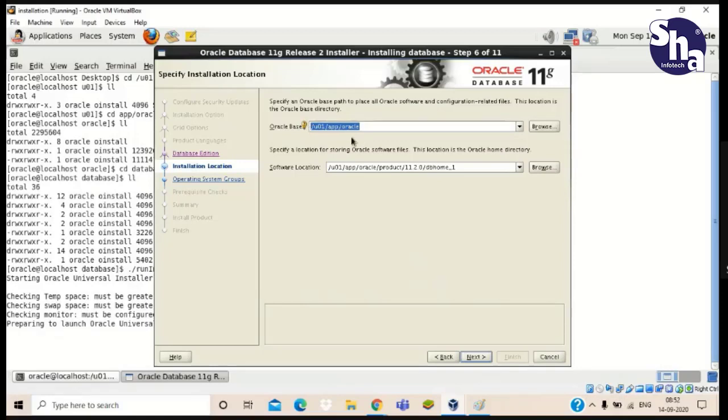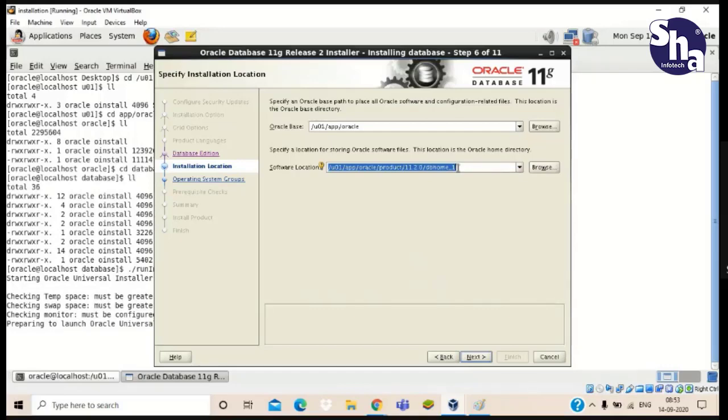We call u01 app oracle together the Oracle base. And our software location is given here. This location is known as Oracle Home: u01 app oracle product 11.2.0 dbhome_1. We call this location Oracle Home.